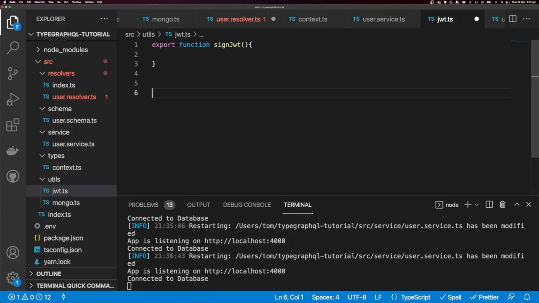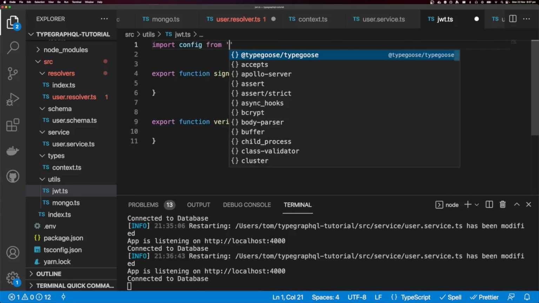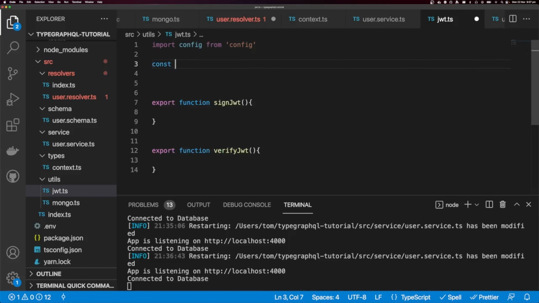And then I'm going to export another function while we're here for verifying our JWT. I'm going to say export function verifyJWT. So we need to import our public and private keys. To do that, I'm going to use config. I'm going to say import config from config. And I'm going to say const publicKey is equal to